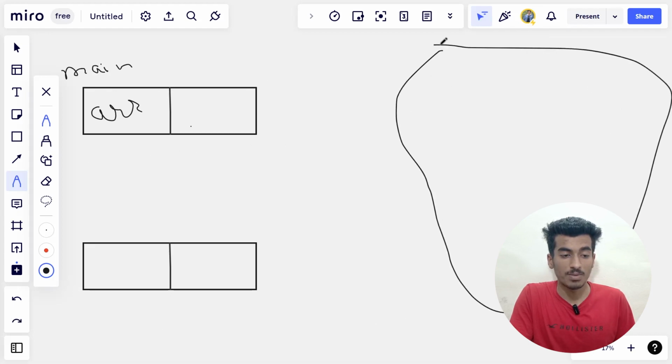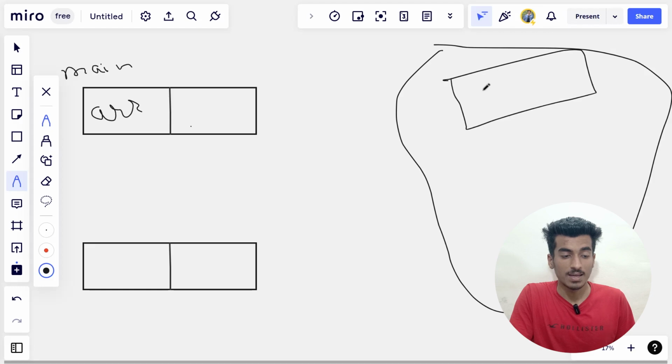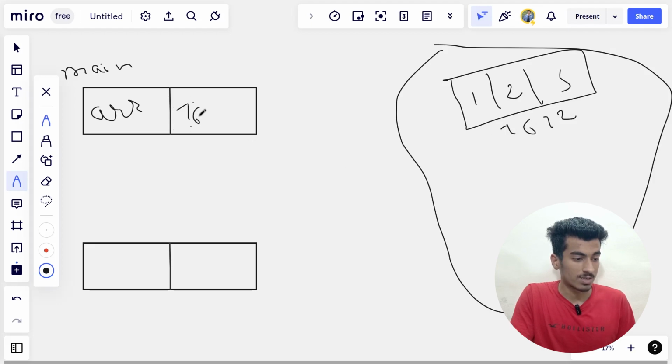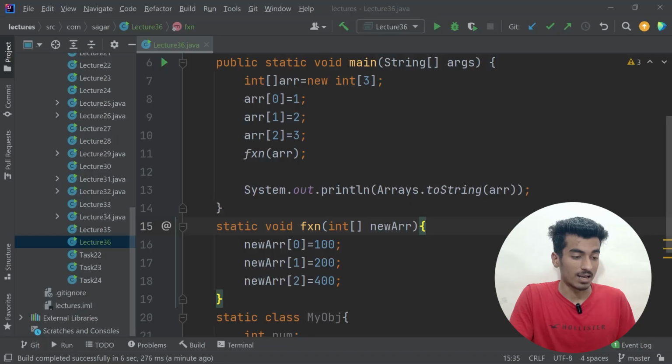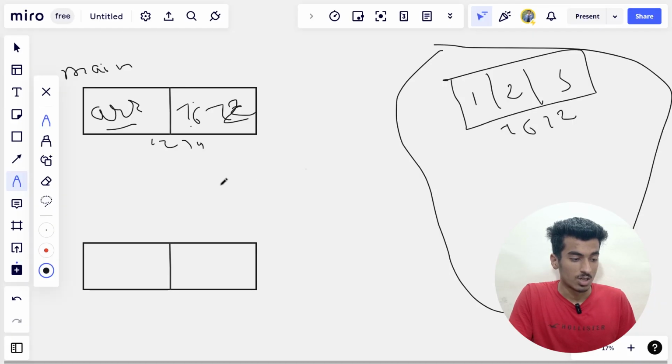Here we are going to create an array, and the first value is 1, then 2, then 3, and it will have some location like 7672, some random number. This is my array, and this is the original location value of my array. And when I am passing it to my function, this will be a new array,